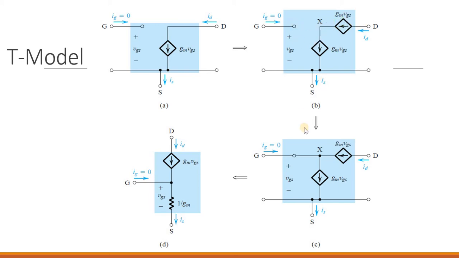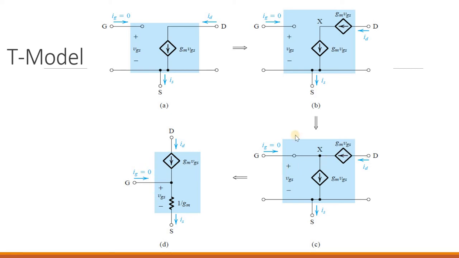Next, they have connected this G terminal to this node X, because IG is 0, so if I connect this node here, it doesn't alter the amount of current flowing over here, right? That is why they have connected G to X. So here, G to X. The current source here and the current source here will remain the same. The input applied is this one, so it is altered something like this.